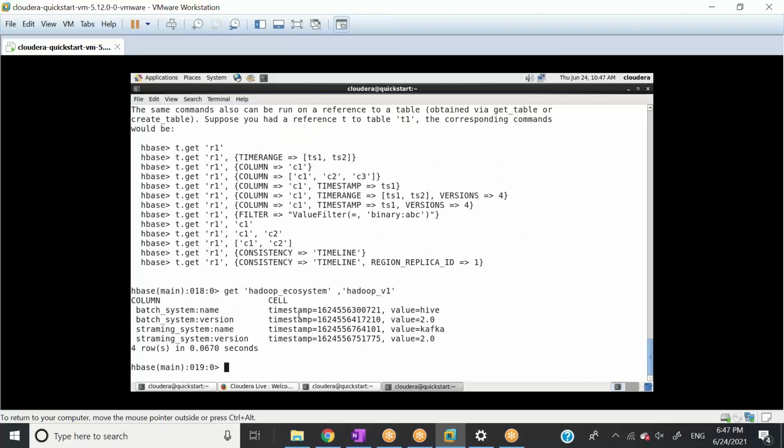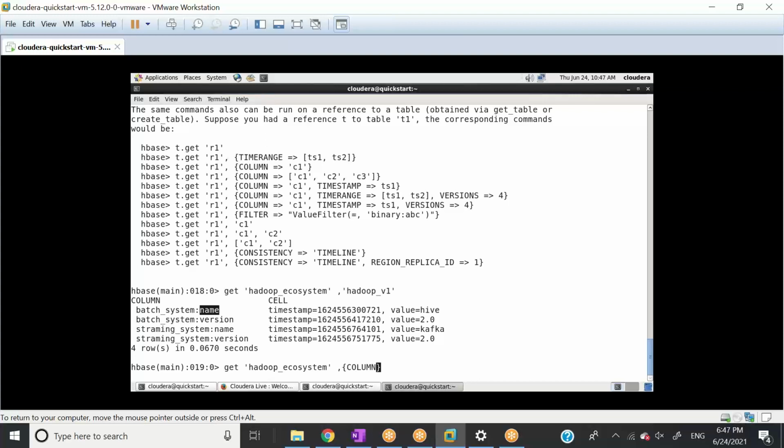Okay, so now it will only show you data for the Hadoop v1 row key, right? Now let's say from this particular column family, you need to see only name, and you don't want to see the version. You still use the same command, but here you specify which column you need to select.